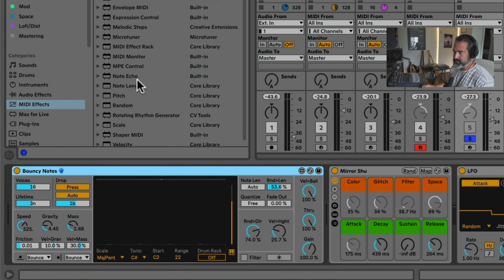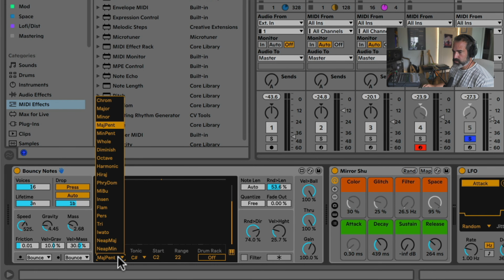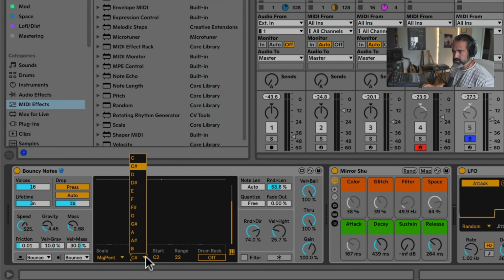Now what this does is essentially creates these bouncy balls that fall on the ground here. The ground is kind of triggering different notes. I went and clicked on this keyboard right here. We chose again our key, which is major pentatonic, C sharp. We have a starting note, because usually the range is huge. It starts from here. So we started a bit higher